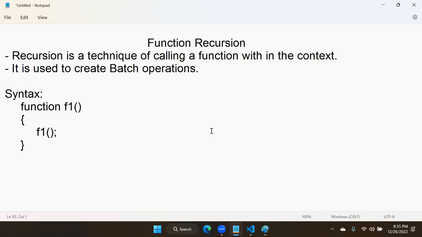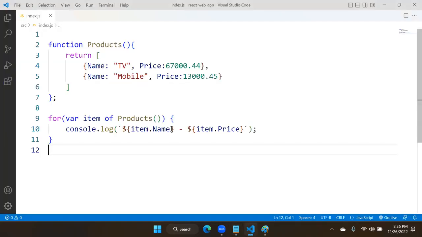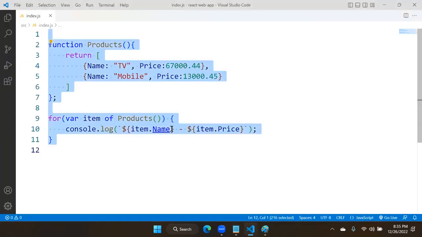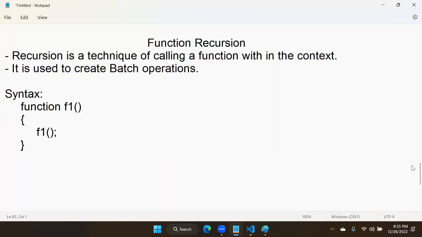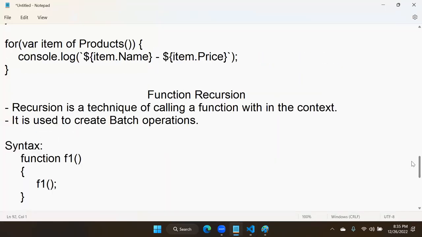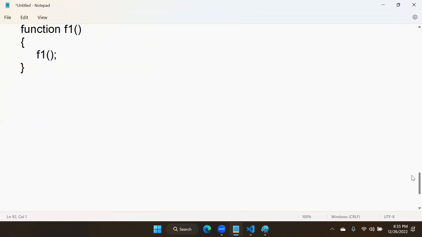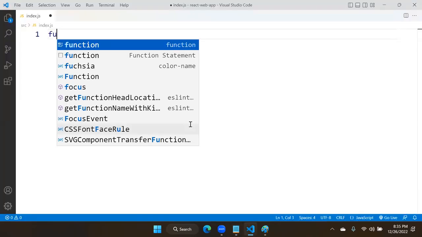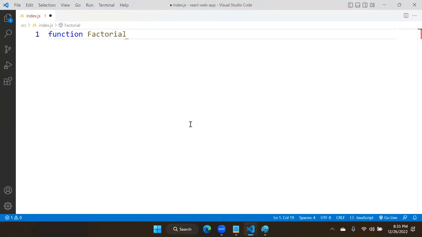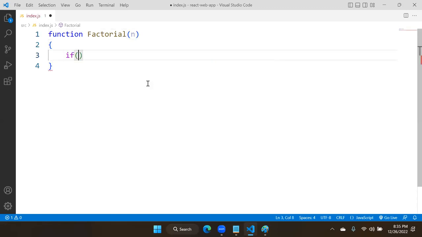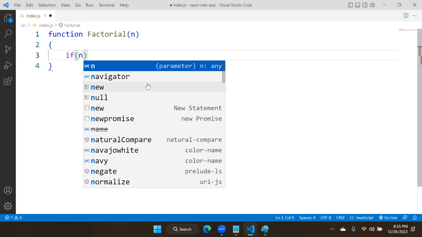For example, see here, I am creating a simple function, this example is already given. So I am creating a simple function here called factorial. Factorial is expecting a number n. We are writing a condition. If n is less than 0,